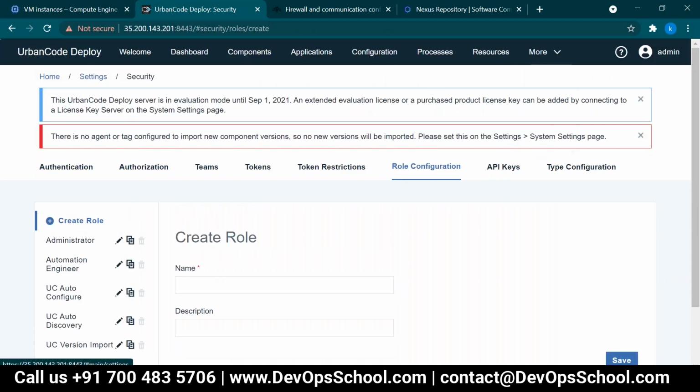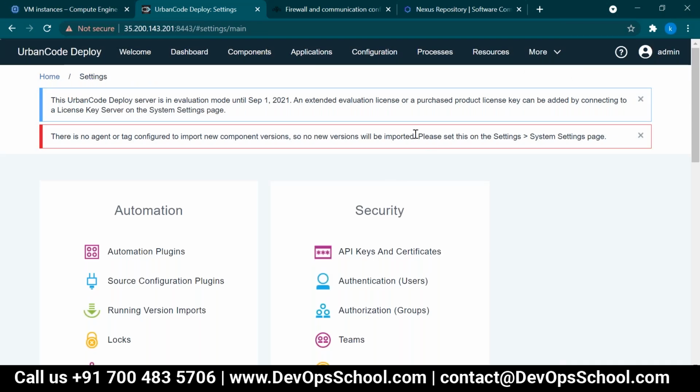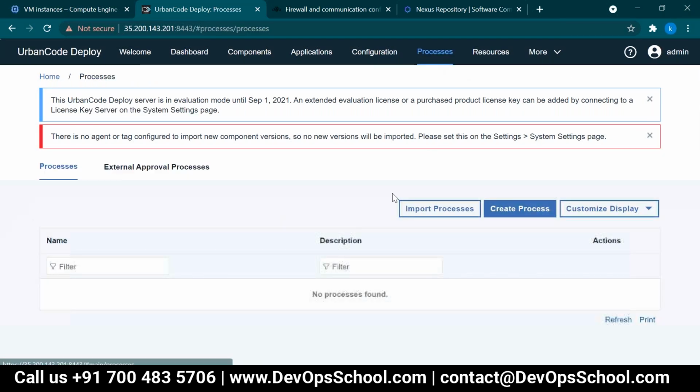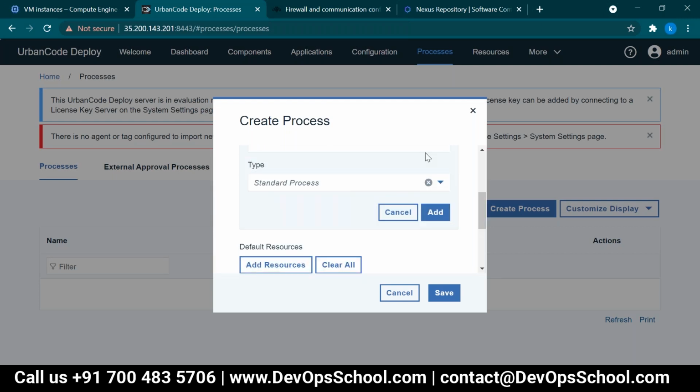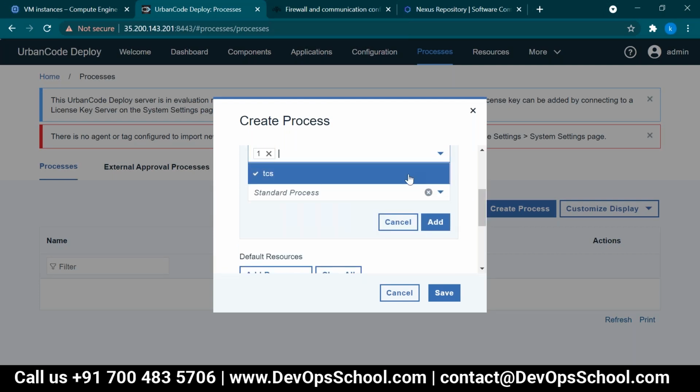Okay. So this is done, and a process is nothing but a task. This is a public process. If we create this process, it will be visible to every team member. Or if you want it visible to only one project, you can add it like this. Only TCS people need to be added.